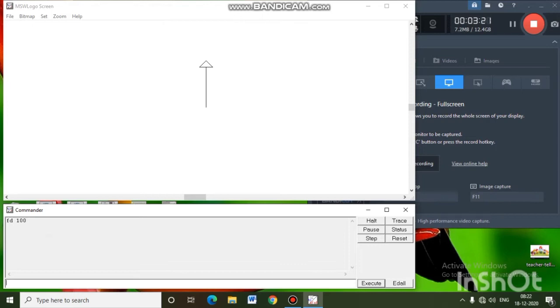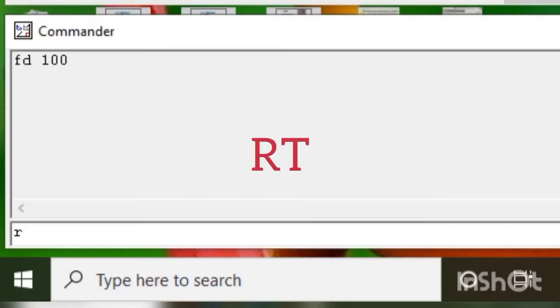Now, if you want to move the turtle towards the right direction, then we will use the RT command, that is right turn. RT. Then we will press the spacebar key.